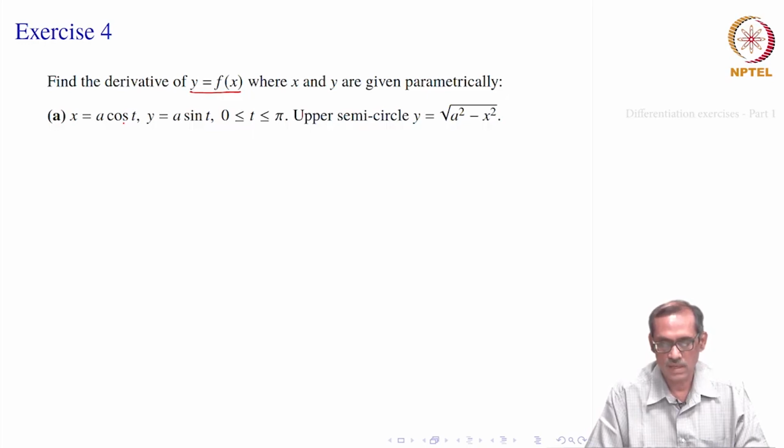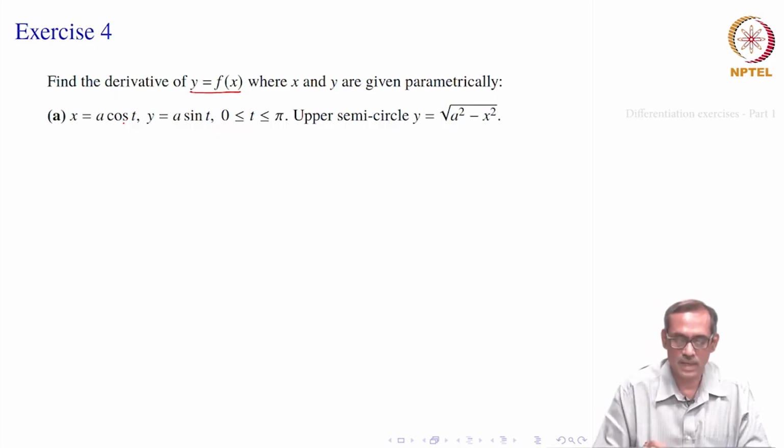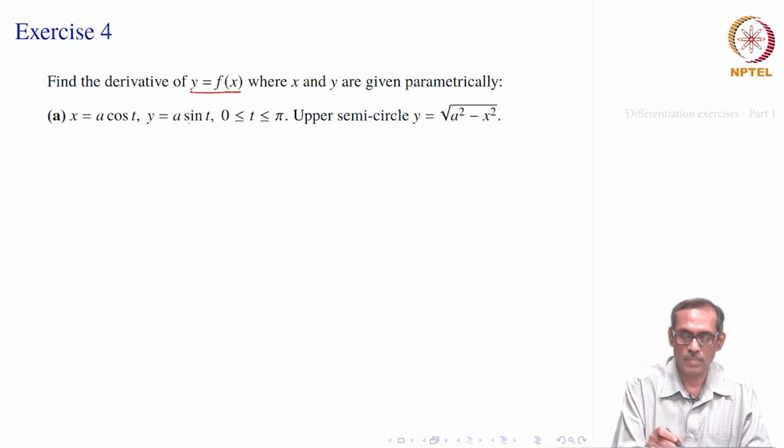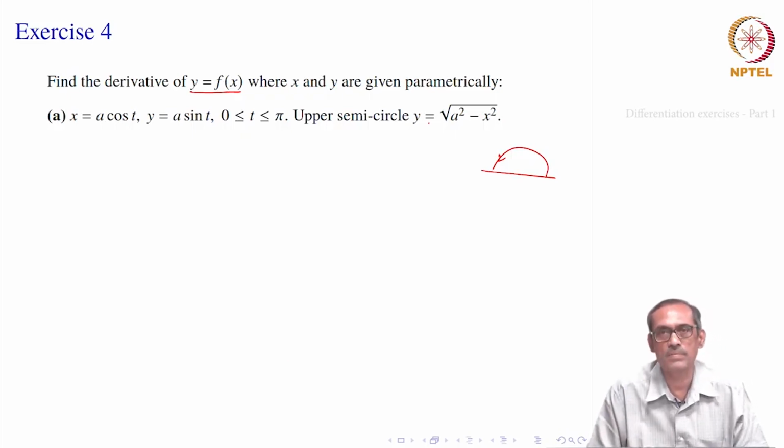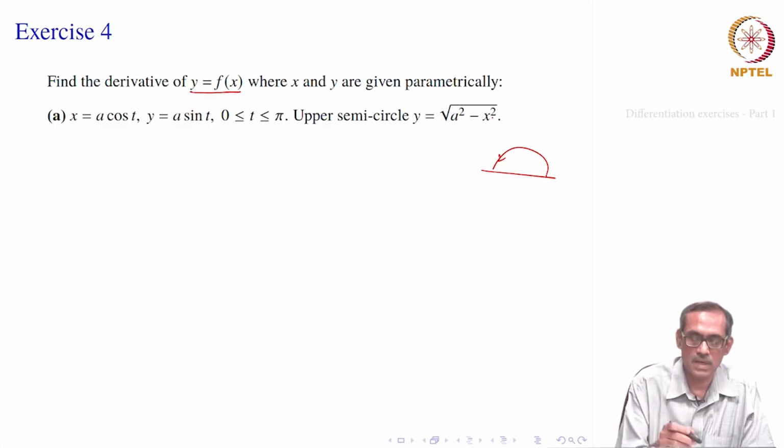So, what is this really? X equal to a cosine t, y equal to a sin t. So, it is a circular arc where a is the radius. It is really the upper semicircle, because t varies from 0 to pi. So, x square plus y square equal to a square, or we write y equal to square root of a square minus x square. So, we have now two ways open. We can directly take y equal to square root of a square minus x square and differentiate this, or we may go to parametric differentiation, find dx by dt, dy by dt, and then take suitable multiplication or division to find dy by dx.